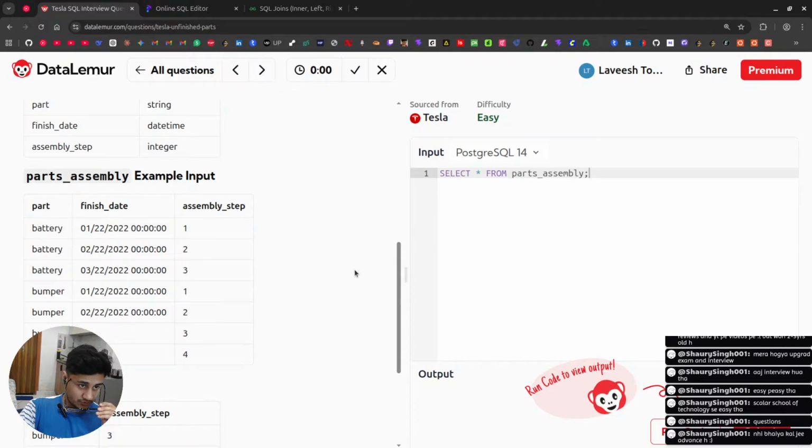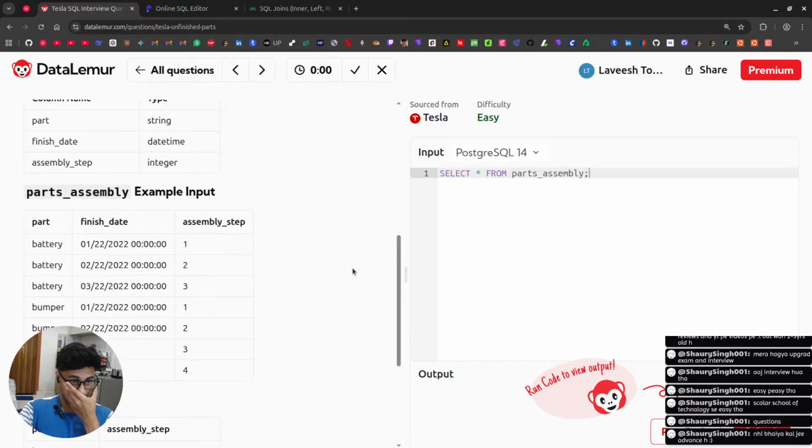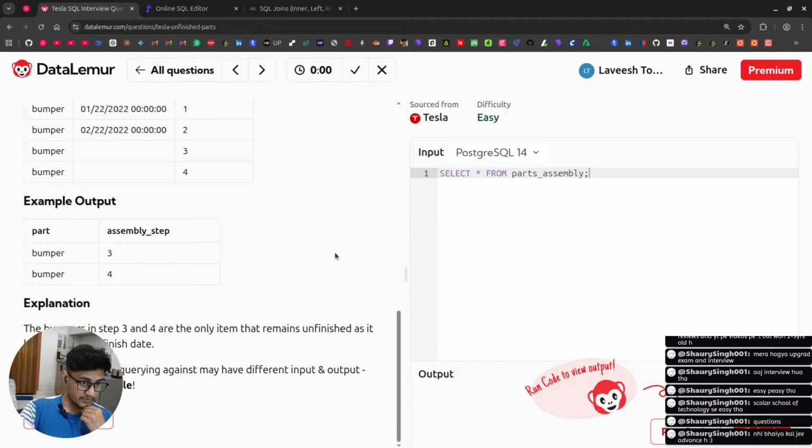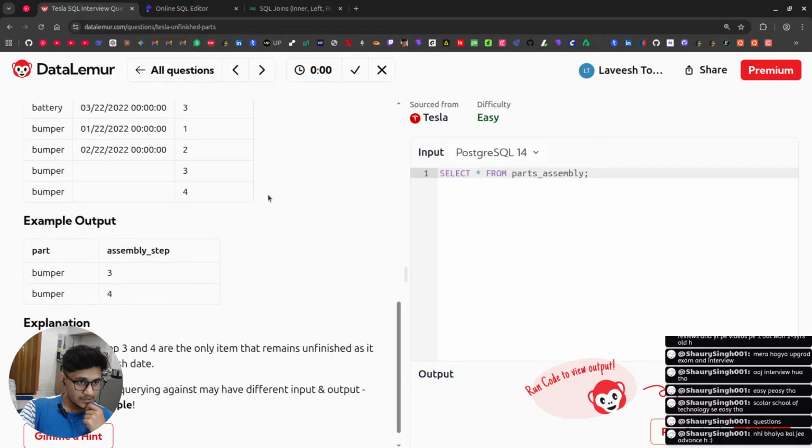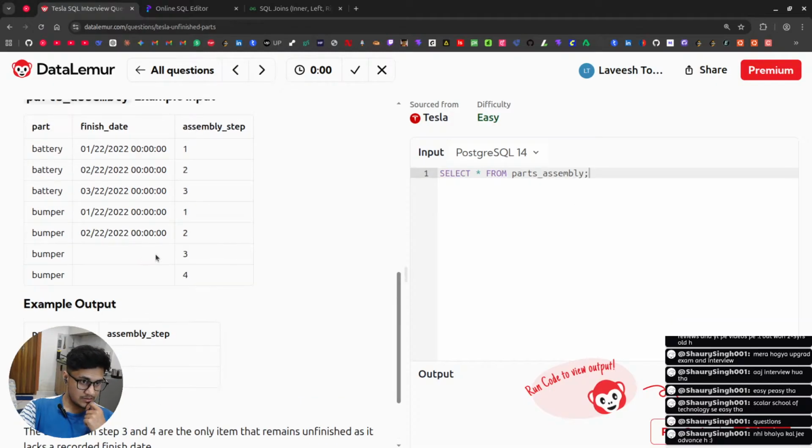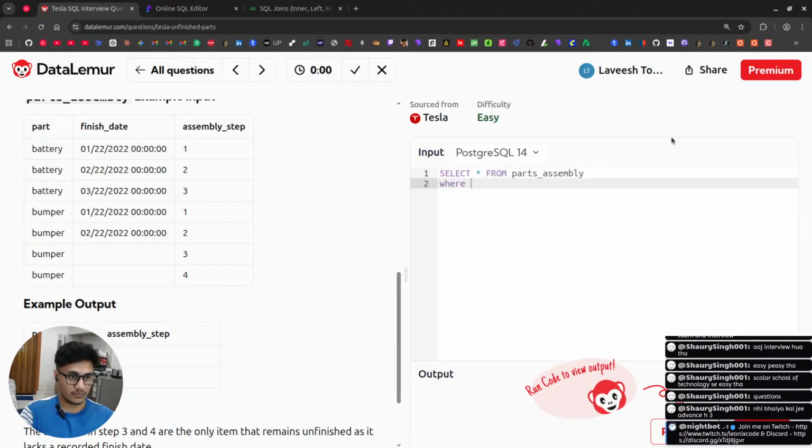Assembly table. Finish date, assembly step, then we have a part. Is this null? Start from assembly, pass assembly, where